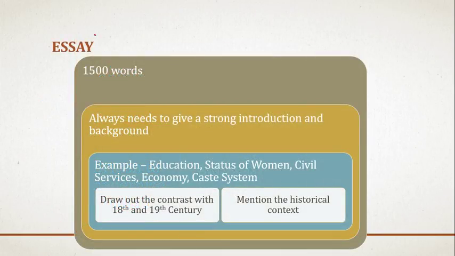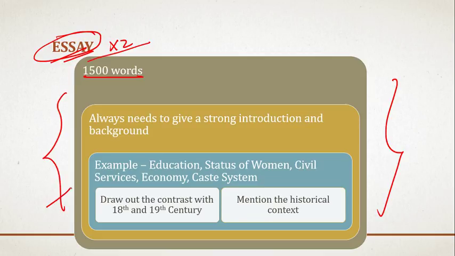Now, if we come to the essay paper, then as far as the essay is concerned, you have to write it in 1500 words. You basically get 2 essays, right? Now, usually essays are asked about education, status of women, governance, civil services, communalism, caste system, economy. These are some of the topics that are the favorite topics of UPSC. If you see the past papers, a lot of questions have appeared from these areas. Now, if you want to write a good essay, then, for example, if we talk about education or caste system,